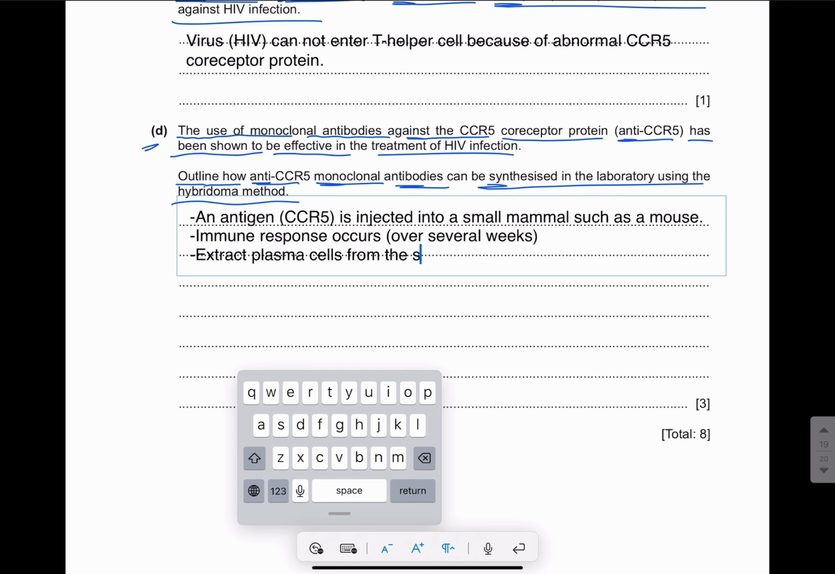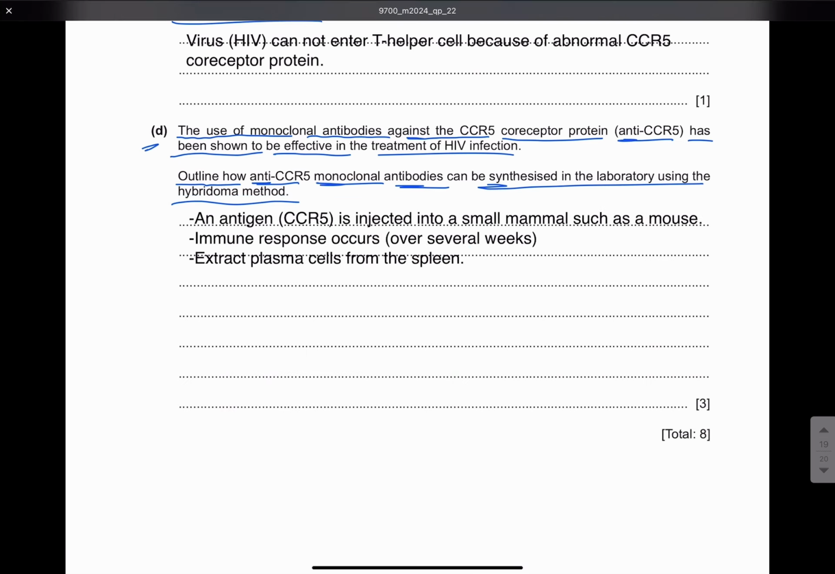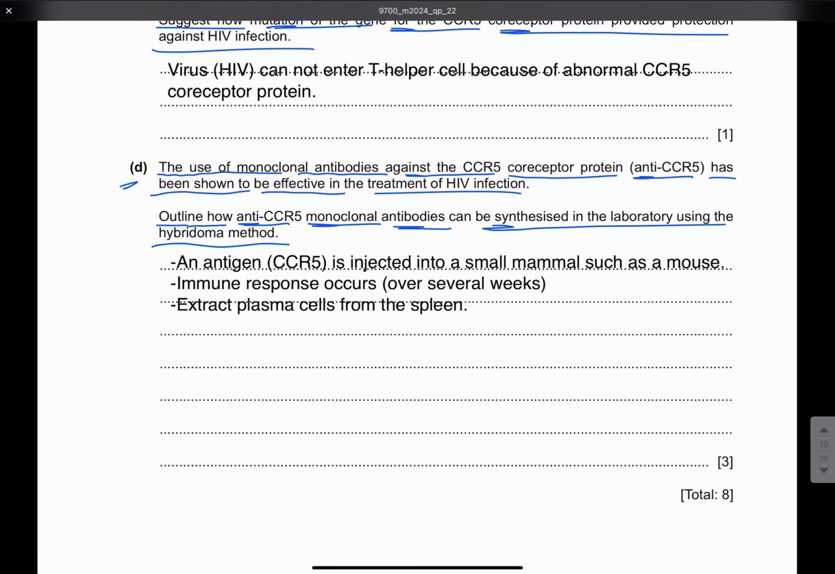from the spleen. You all know that whenever an antigen is injected into a mammal, what happens? An immune response occurs against that antigen, and B lymphocytes are stimulated, right? And B lymphocytes specialize into plasma cells, and plasma cells secrete antibodies. So what we want to do is extract the plasma cells which are producing the antibody against CCR5, that is anti-CCR5. So we just extract all the plasma cells from the spleen first,